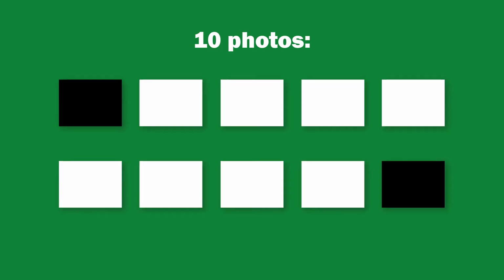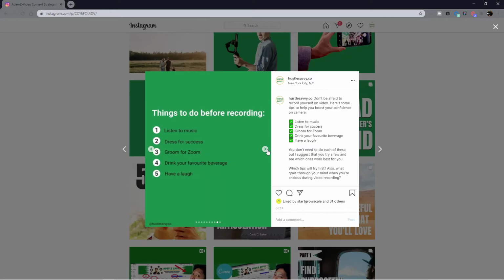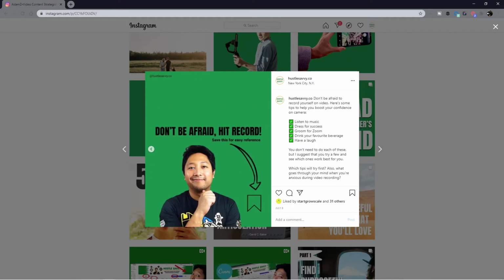It's using 10 photos, and usually I would say you have only 8 photos because the first one is going to be a catchy title or a hook, and then the last one is going to be a call to action, or CTA, where you want people to comment on the post or share the post, right? So you really have just 8 slides, but really this is where I find it to be very valuable,